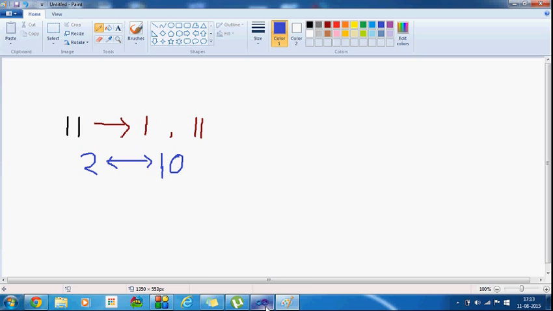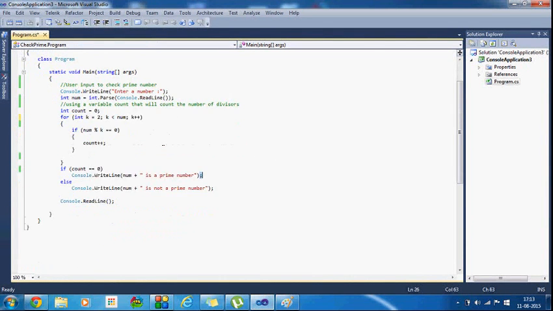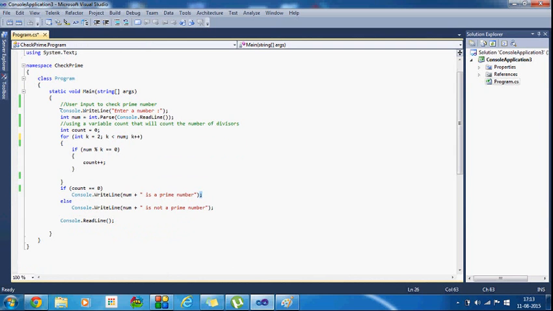So now I have written a program. First, user input to check a prime number, means a user will input a number to check whether the number is prime or not. So it is for user input of a number.